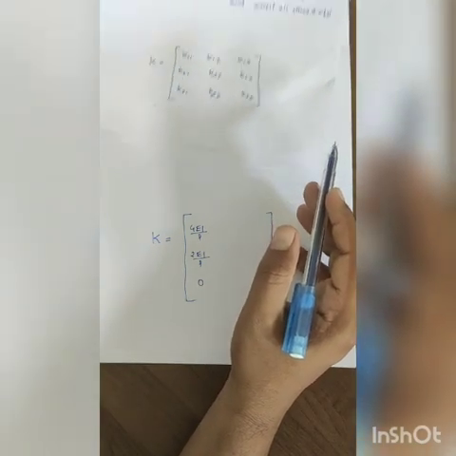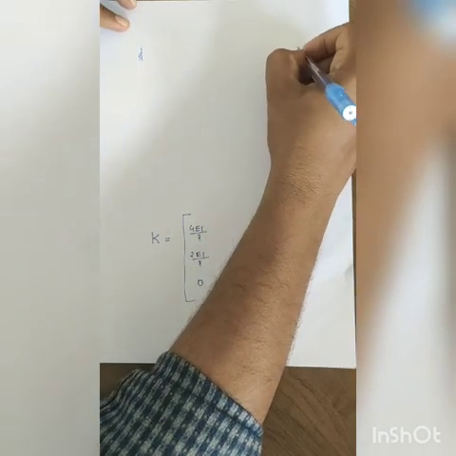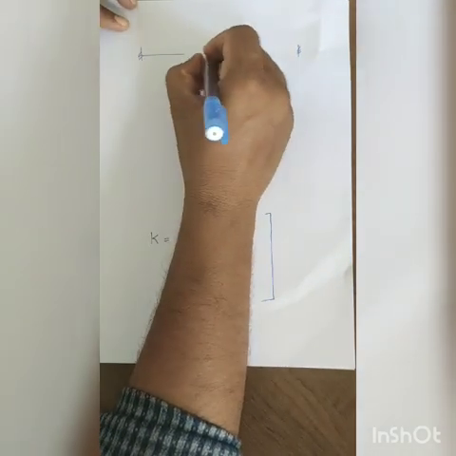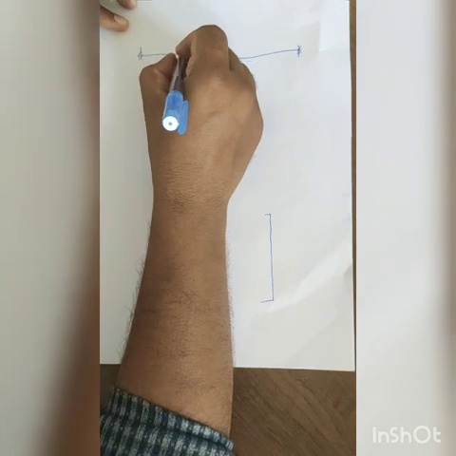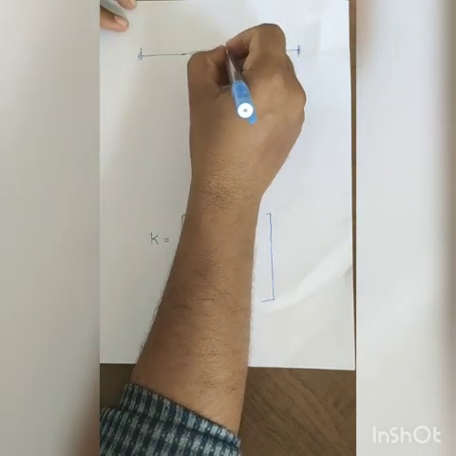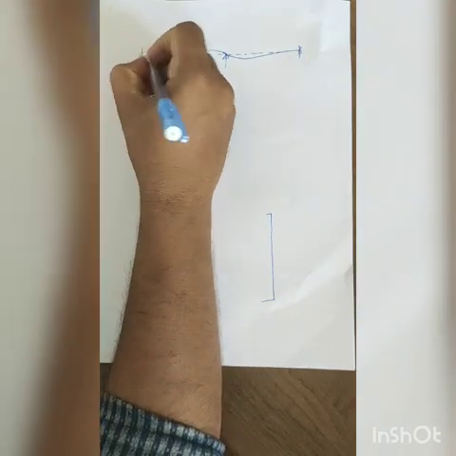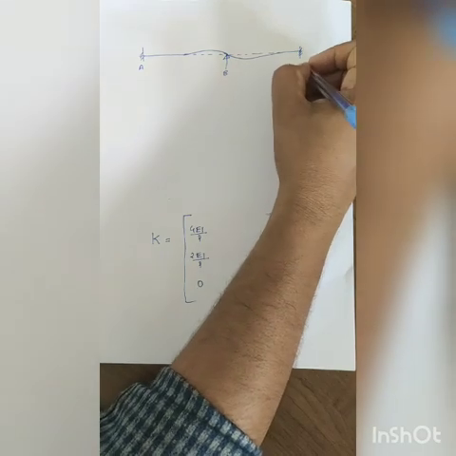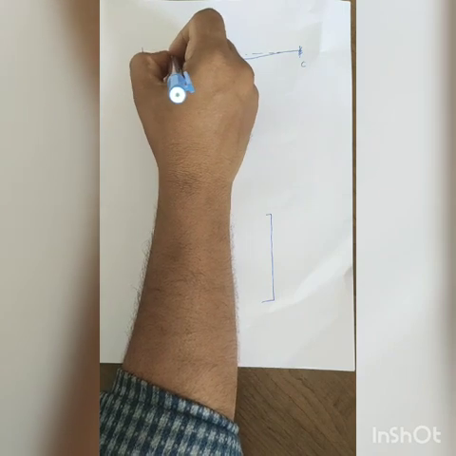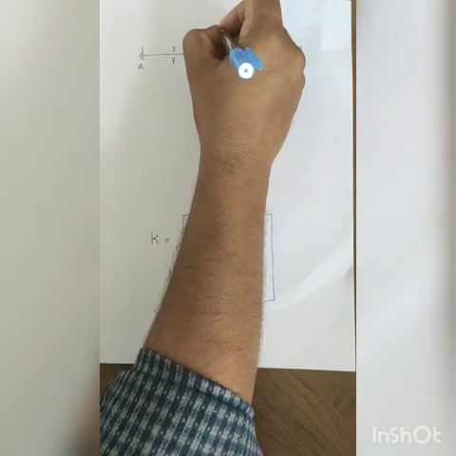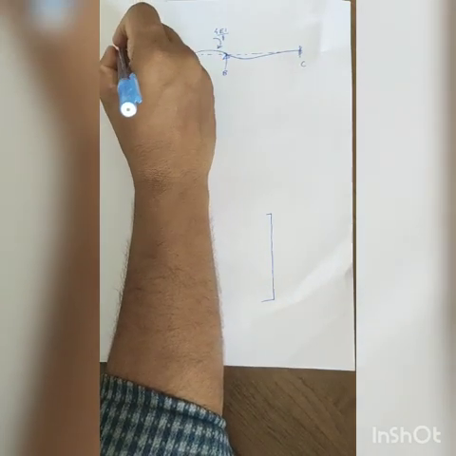So for that reason I am going to apply a unit rotation at the second ordinate, and I am going to restrain the other locations. So I am going to apply a unit rotation at B. You can see that I have applied a unit rotation at B. So this is A, this is B and this is C. Now the moment generated at B, since it is I and this is L, will be 4EI by L, and the moment transferred at A will be 2EI by L.